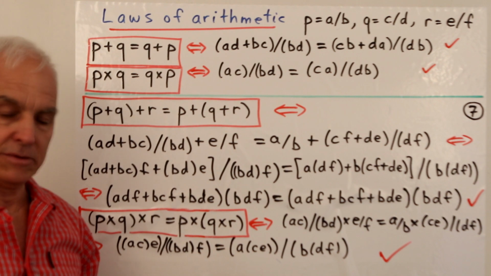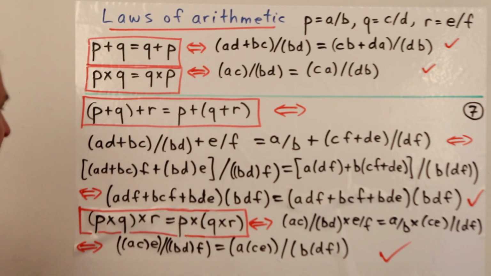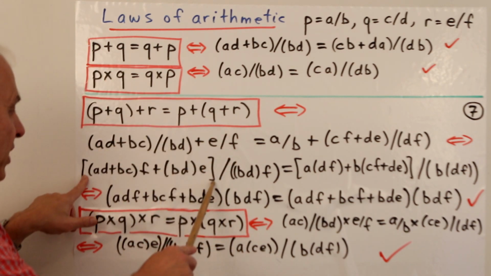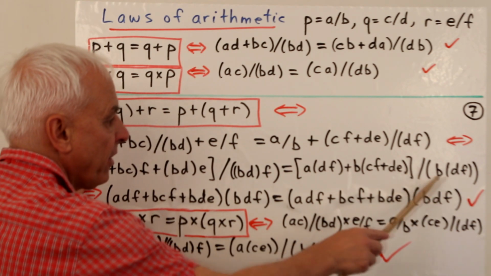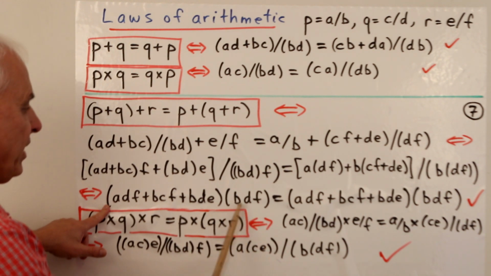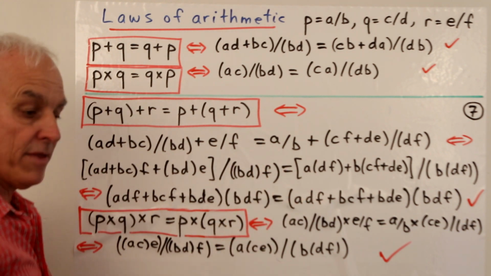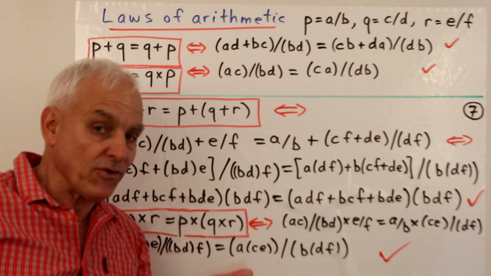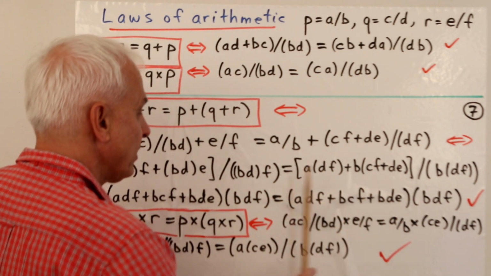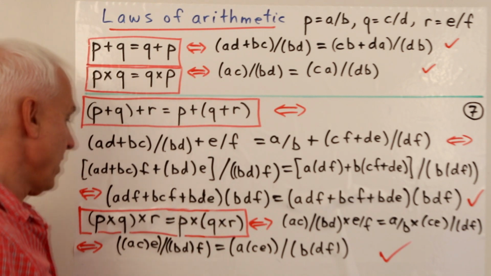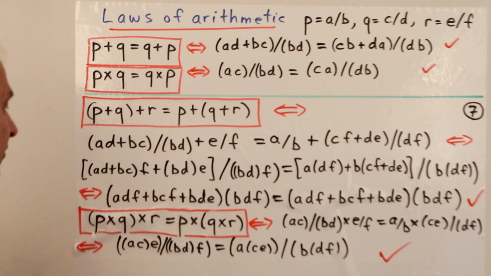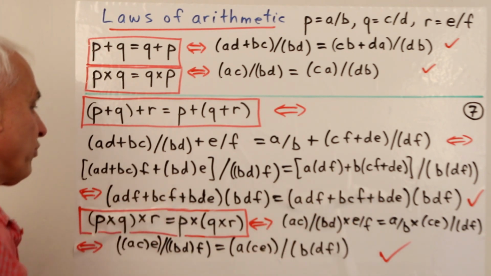How do we check that? Well, we know how to check equality for fractions. We have to take the numerator here, so the numerator is the thing on the left, the denominator is the thing on the right. We take the numerator here and multiply by the denominator here. Okay, so there it is there. We've expanded out a little bit. Multiplied by B, D, and F. We can dispense with the brackets because we know that the multiplication of natural numbers is associative. And that's supposed to equal the numerator here, which we've expanded out, times the denominator there. And then you just check term by term that, in fact, we get the same terms on both sides. The two products are the same.